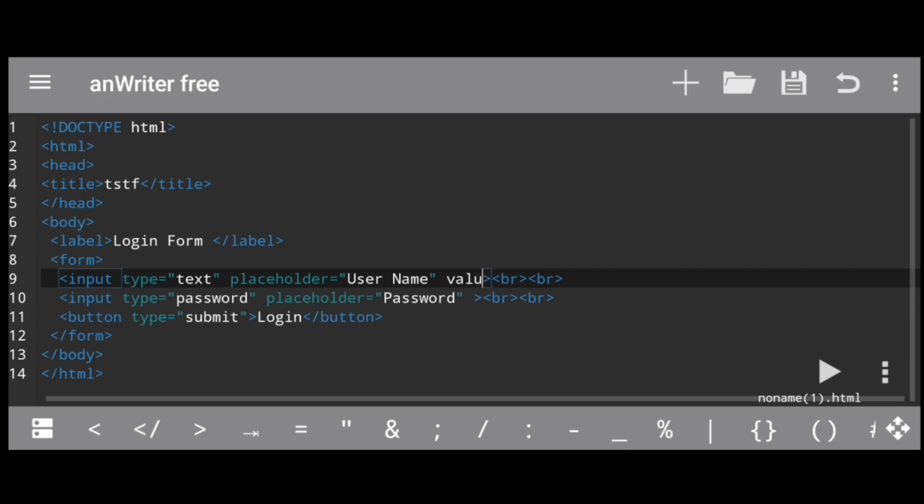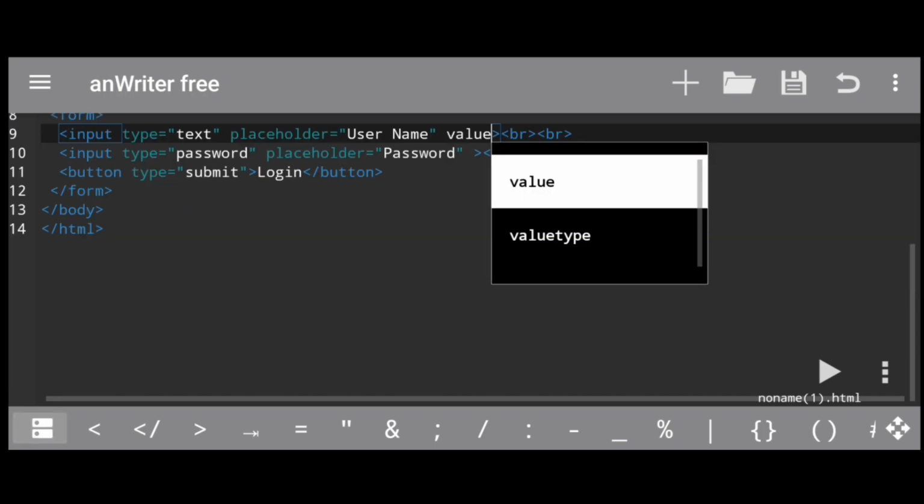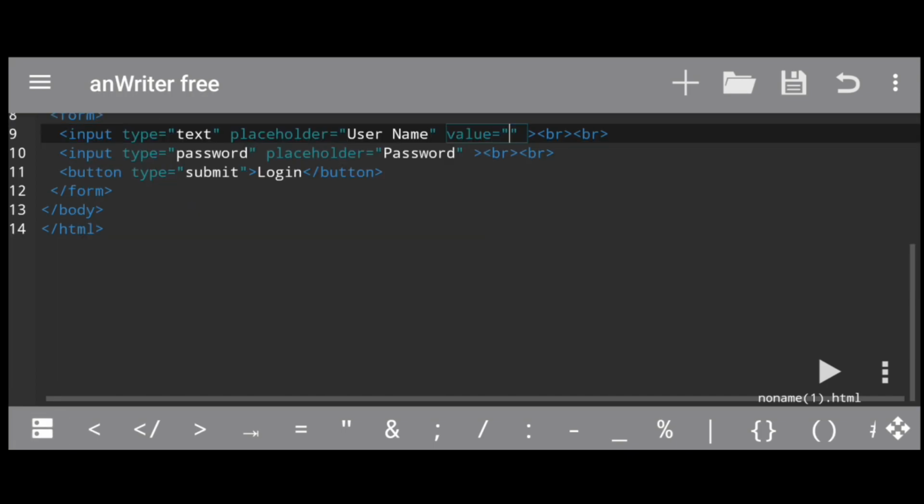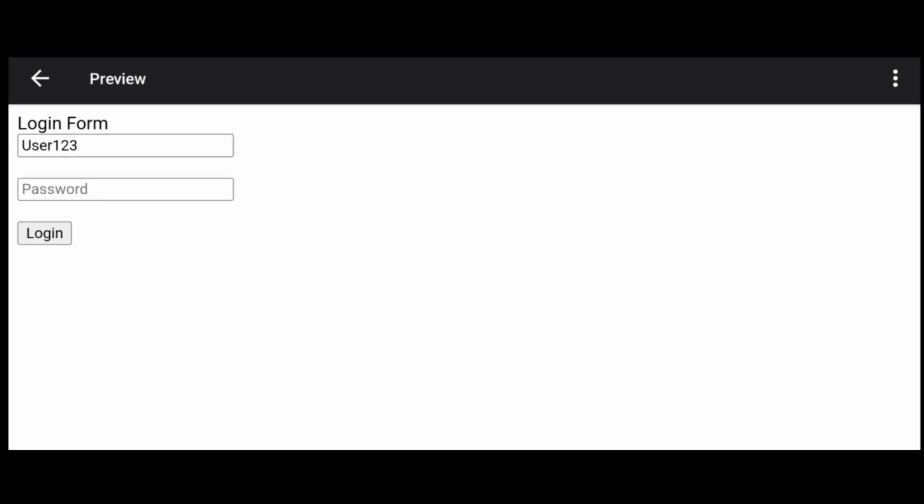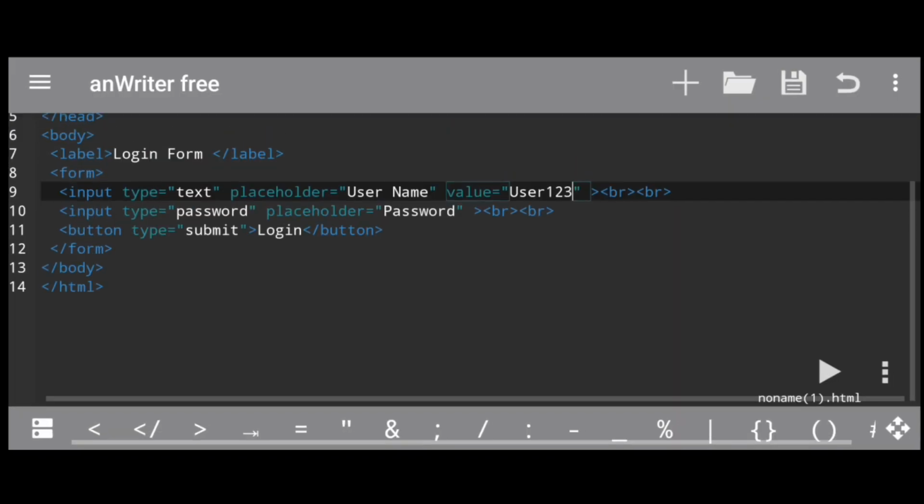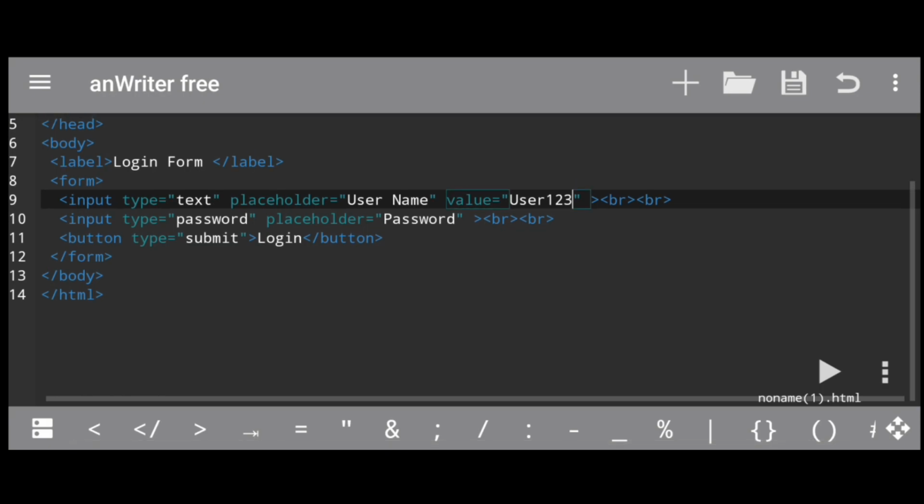Value. With the help of the value attribute, you can set the default value. The default value is user123. So this is the default value, user123. You have to cut it and again enter the value. So this is how you can make a login form, but